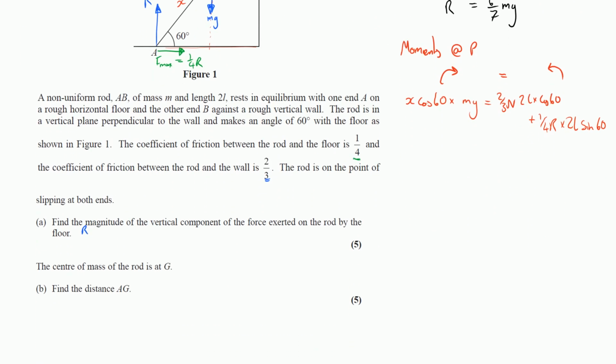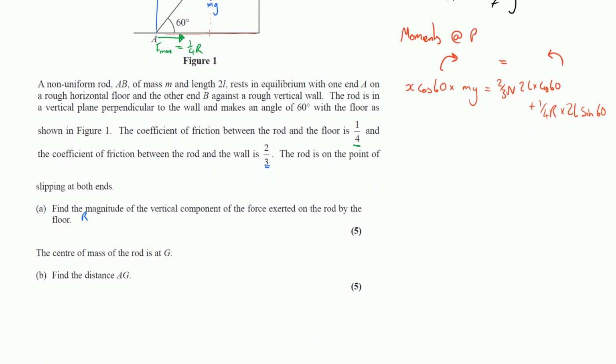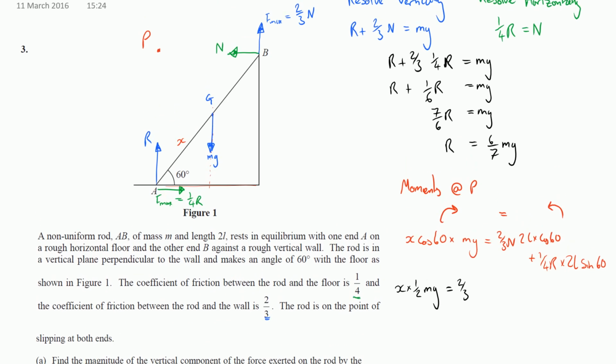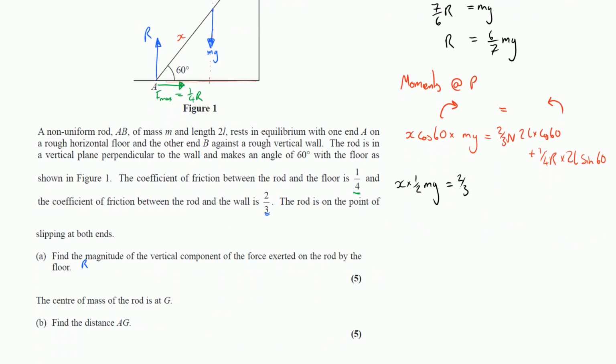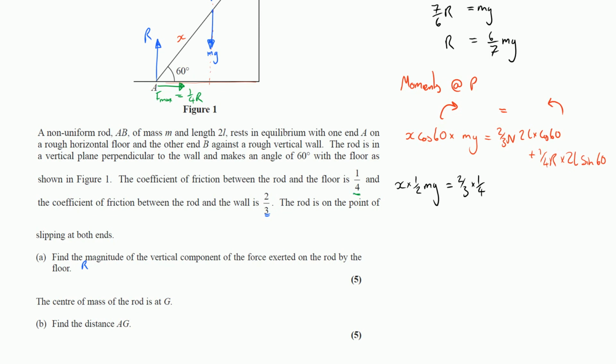Now from this point it's just a case of working through the algebra, so let's go through this nice and clearly to make sure that we don't make any mistakes. Cosine of 60 I know is a half, so I can simplify the left hand side to x multiplied by a half of mg. On the right hand side I've got 2/3 of N. Now we knew from earlier in our question when we resolved that N was a quarter of R, so here I want 2/3 of a quarter of R multiplied by 2l multiplied by cosine of 60, which is a half, and then to that I need to add on 1/4 of R multiplied by 2l multiplied by sine 60, which is